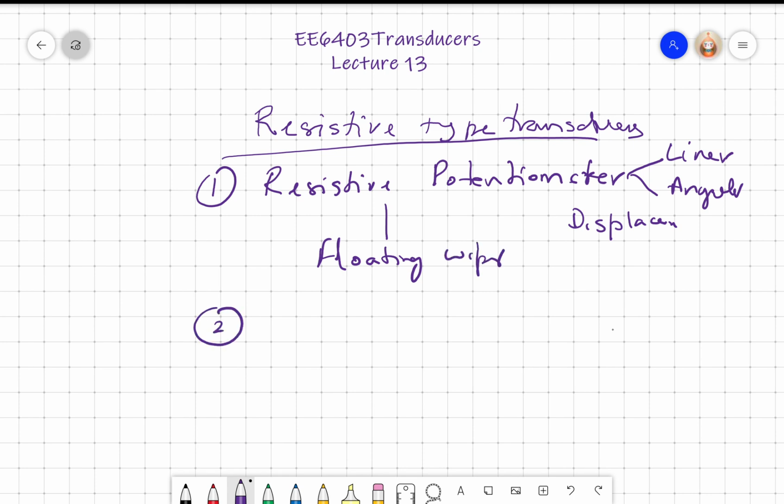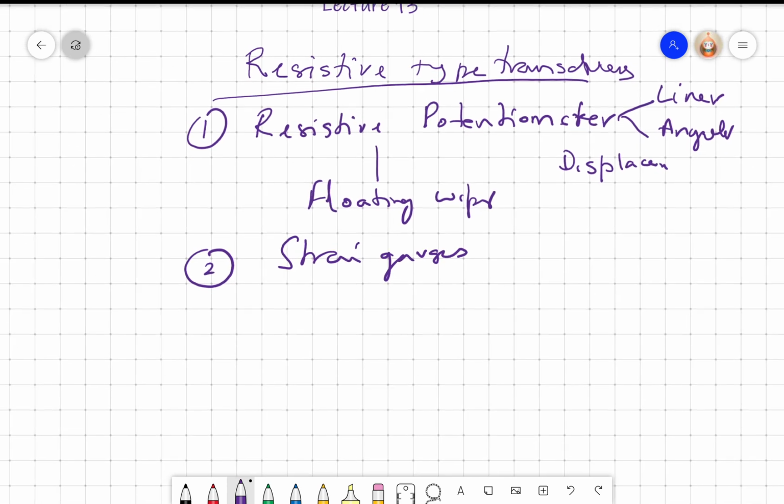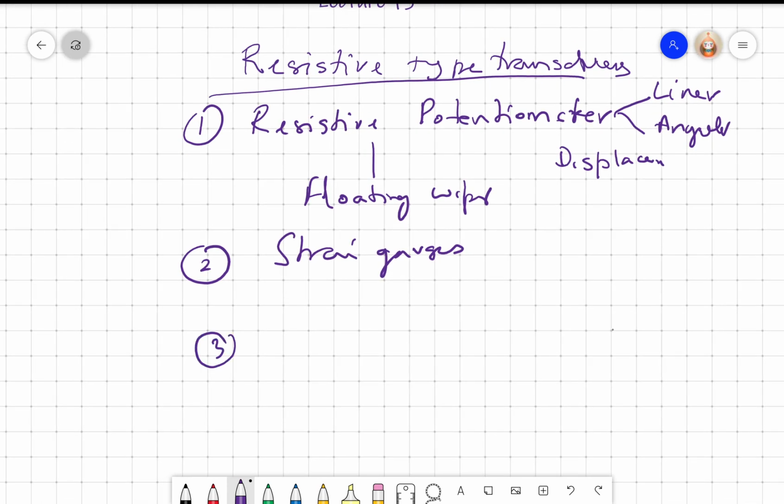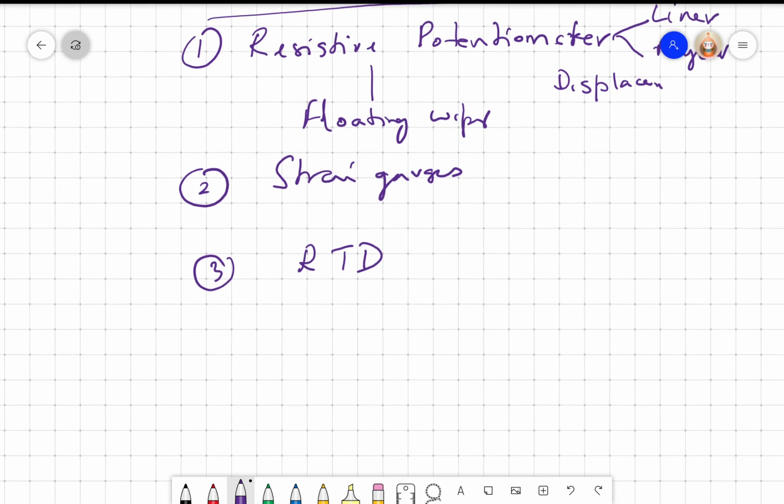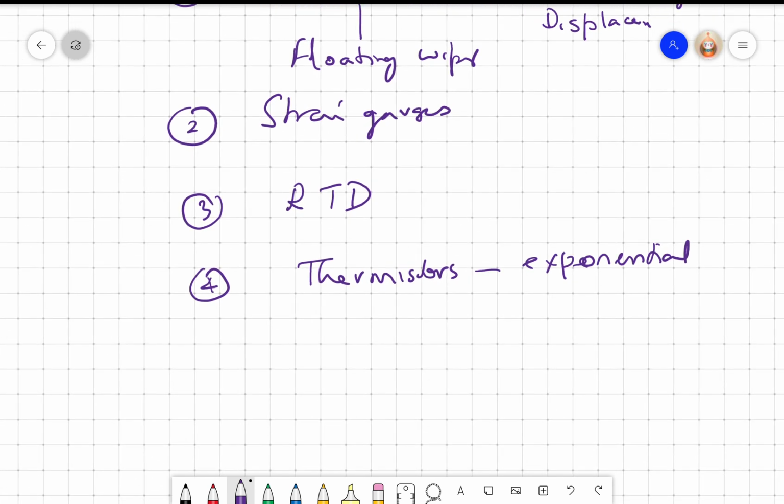Then we learnt about strain gauges, right, and its applications. Third, we learned about RTD, resistive temperature device. Fourth, we learned about thermistors, right? Thermistors, the characteristics is exponential, so we can linearize it using inverse exponential. If there is time, I will revisit this and talk about inverse exponential compensation for getting a linear characteristics output